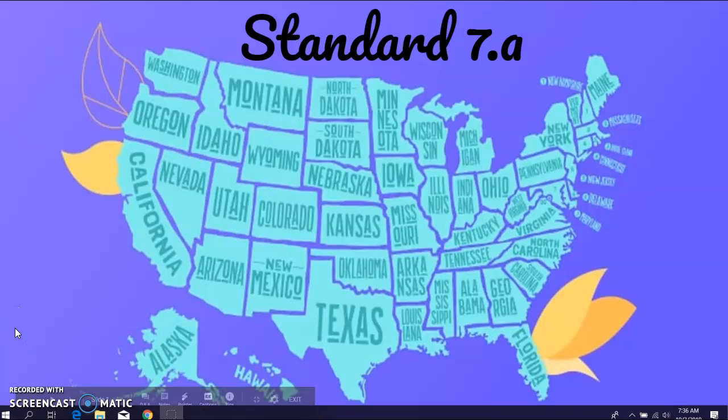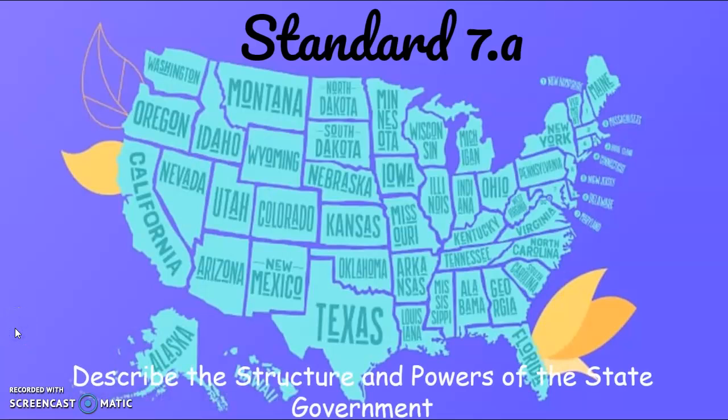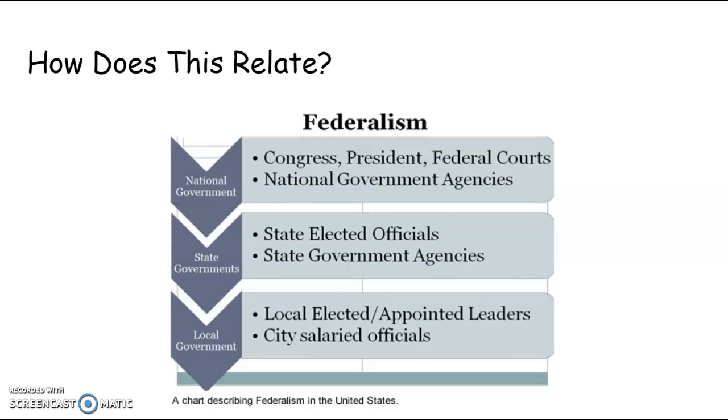Today we're going to be talking about Standard 7A, which is to describe the structure and powers of the state government. So how does this relate to what we've been talking about? We just finished talking about our national government and the three branches and how checks and balances keeps everybody without